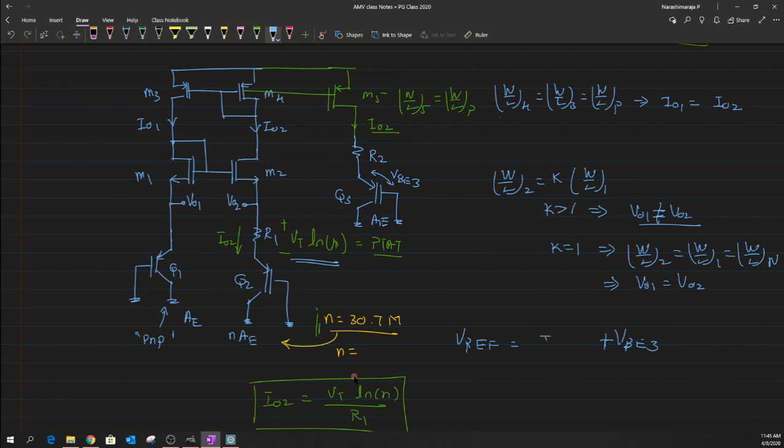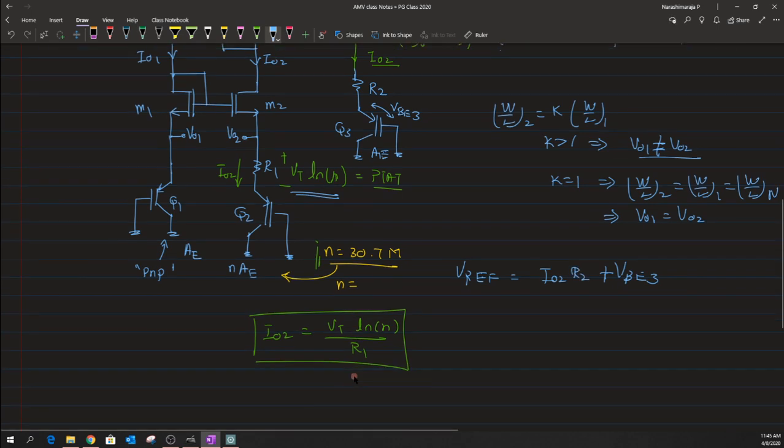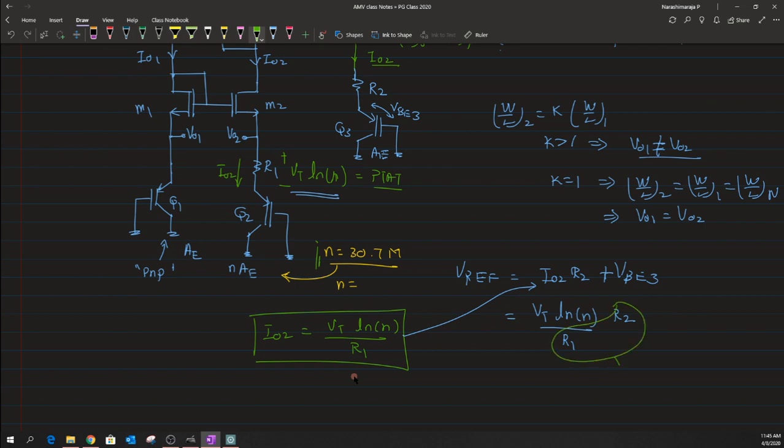So the combination of IO2 into R2 should mimic a PTAT circuit's realization. The value of this IO2 is directly plugged in here, which is nothing but Vt into ln of n, and that has been multiplied with R2, and the whole of this has to be divided by R1, and right now the combination of R2 by R1 gives us a factor of alpha 2,